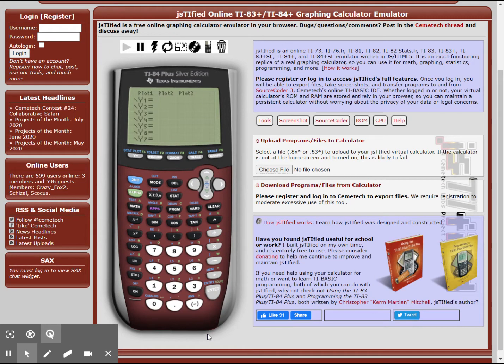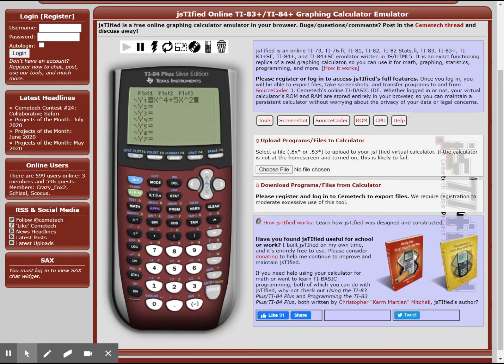So let's take a look at problem 3 in your packet here. This time we have x to the fourth plus 5x cubed plus 3x squared minus 5x minus 4. So I've already cleared out my previous equation here, so we'll type in the new one: x to the power of 4 plus 5x cubed,